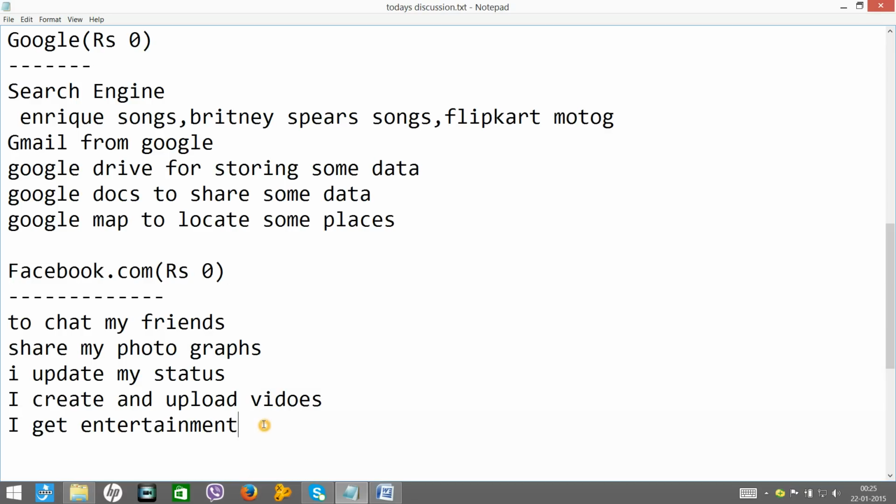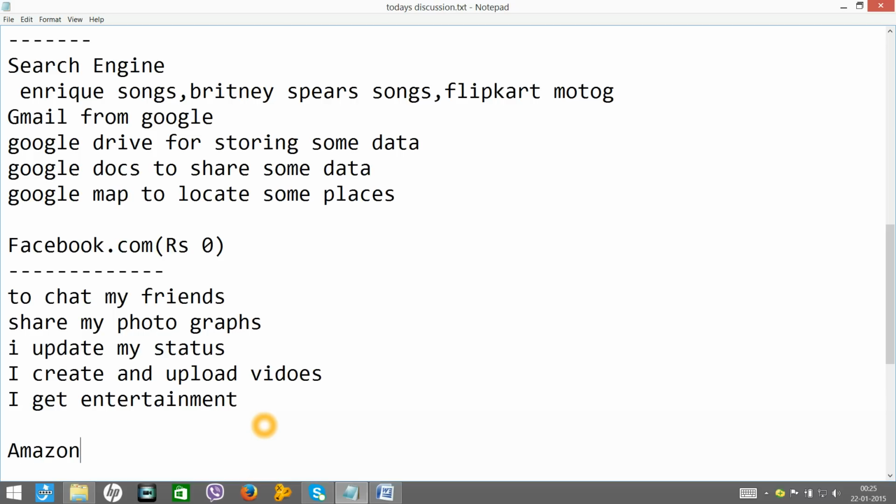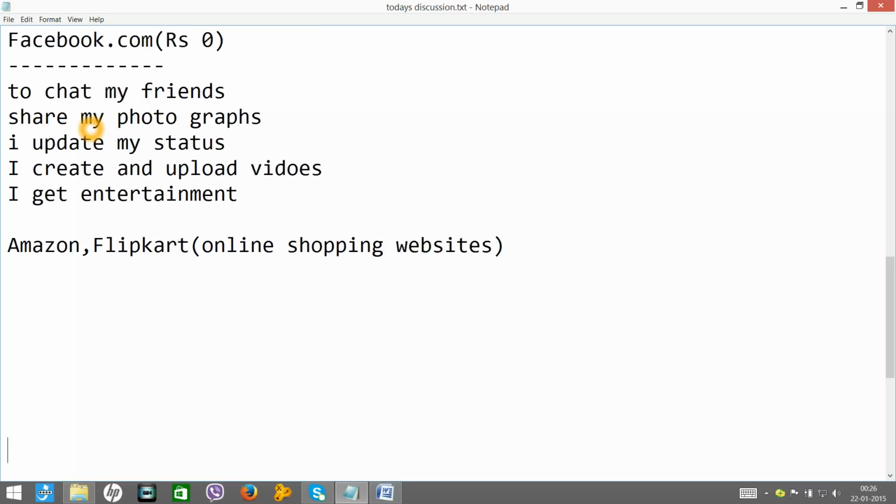If you take the example of Amazon or Flipkart, they are basically online shopping websites and they make the benefit from the customer. But Google and Facebook don't. Now the question is, how are they still surviving? So let me talk about what exactly they do.